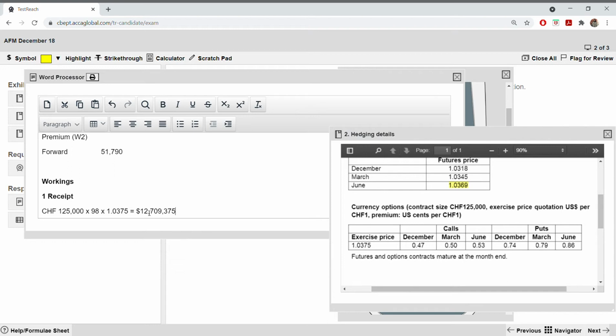Okay. You can either put a comma after the 3 digits, or you can put the number as it is, 12709375 with no spaces in between. But I would prefer, it's better to put the commas after every 3 digits, because you can read the figure much faster, it looks less messy and more professional, and you will have less chance of making any error if you separate it by three digits. But again, it's your wish, so it's okay. It's not compulsory that you have to follow this only. I'm just showing you how to present your numbers.